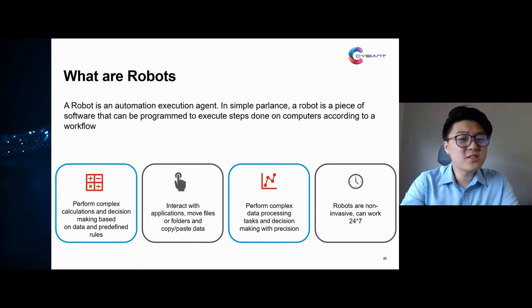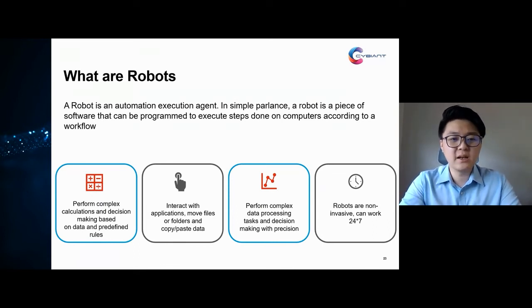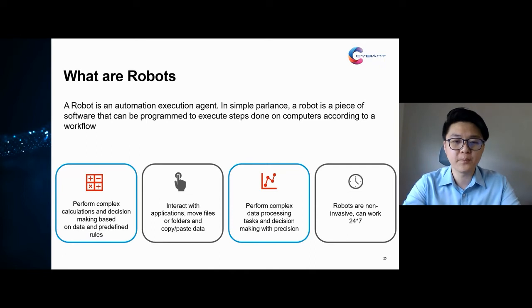So let us look into what actually a robot is. A robot is basically an automation execution agent. Put in a simple way, a robot is a piece of software that can be programmed to execute the steps done by a computer